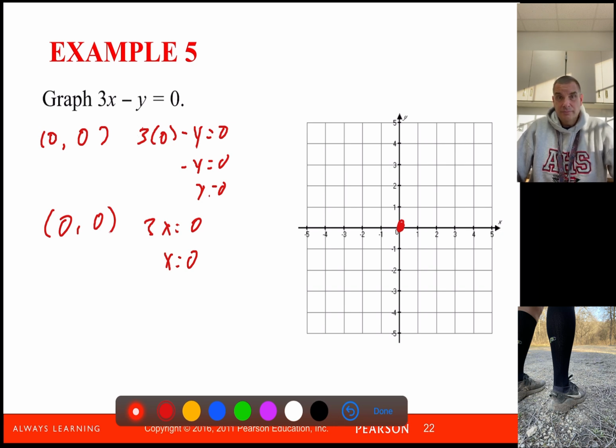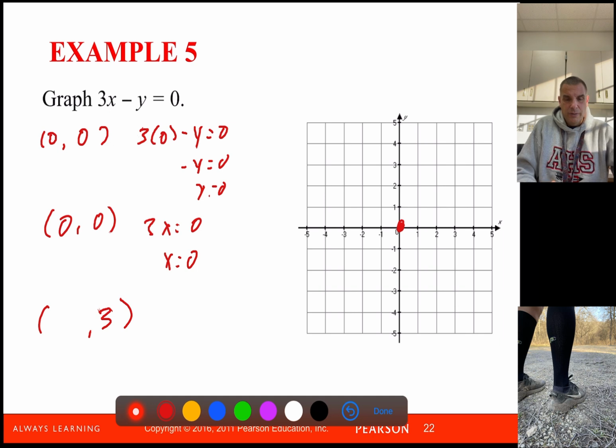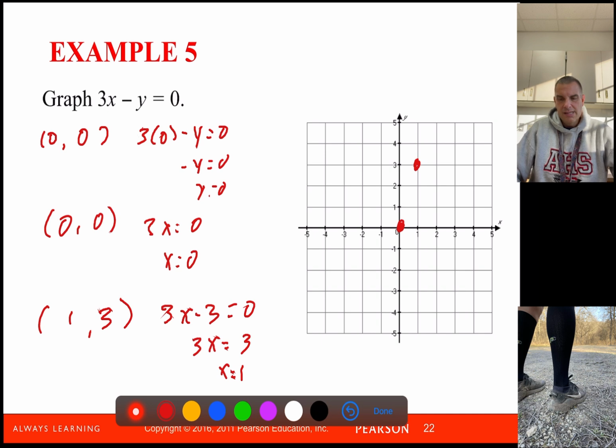Make one up. It's as simple as that. You just kind of make something up. So make up a y value. Let's say y is equal to 3. So if I set my y value equal to 3, you get x is equal to 1, I believe. So now I've got the point 1, 3. 2 points creates a line. That's all you need. So my graph of this